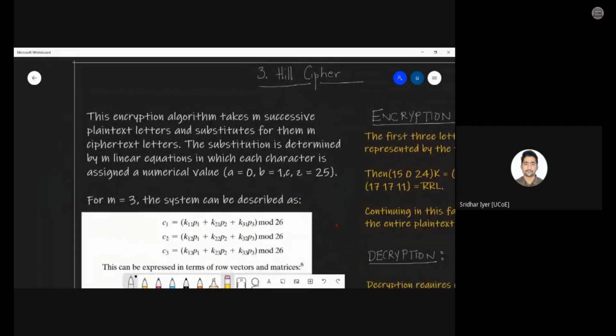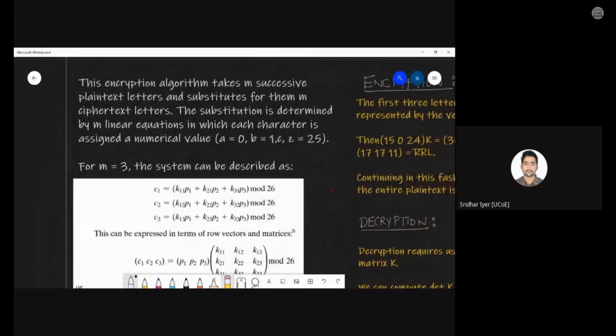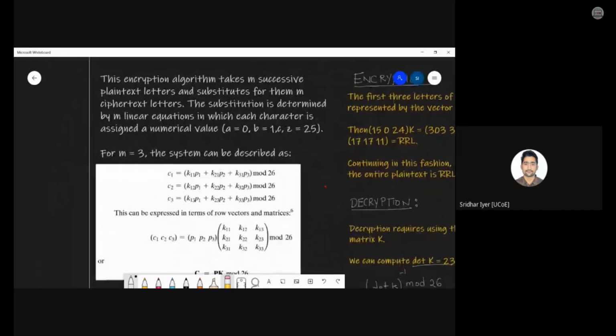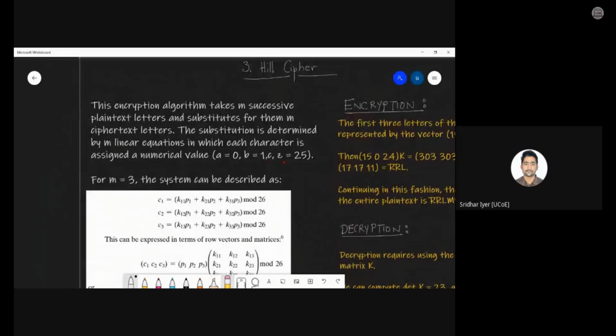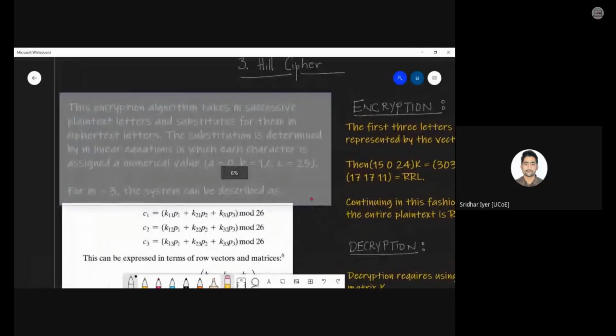So basically, Hill cipher consists of this particular concept over here. Just go through the definition once, and in the meantime, if anyone wants to get hold of the calculators, if you're not having it, kindly go and grab your calculators within 2 minutes. Till then, kindly understand this definition over here in front of you.